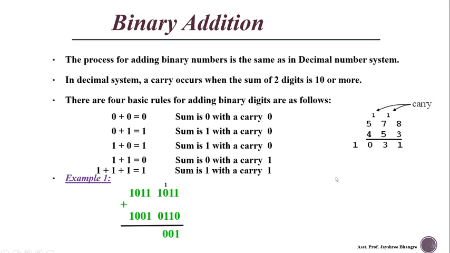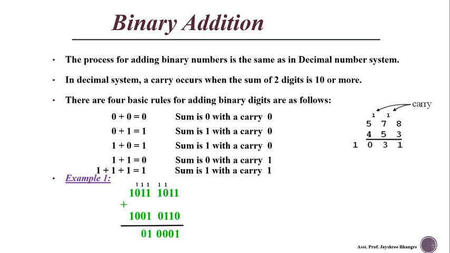So we write the sum 0 and 1 carry. In the next column we have to add this carry with the bits 1 and 0. So 1 plus 1 is 2, plus 0 is 2. So 2 is sum 0, carry 1. For this column we have to add 1 plus 1 plus 1. According to this rule, we get the answer 11, that is 3. So we write the sum equal to 1 and 1 as a carry. Again in the next column we add 1 plus 1, that is sum 0, carry 1.